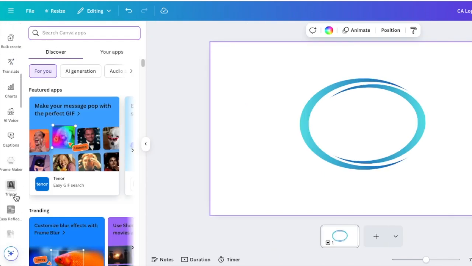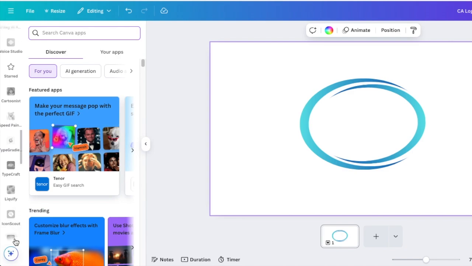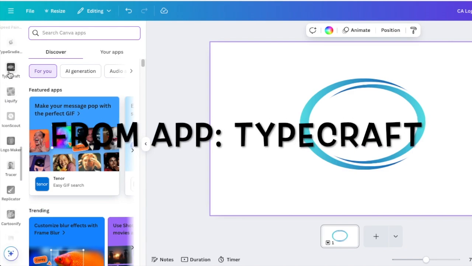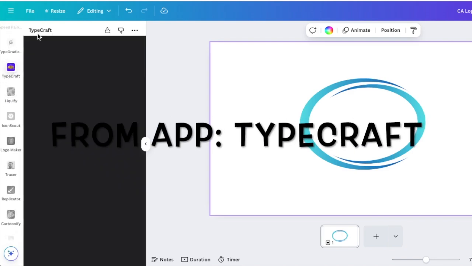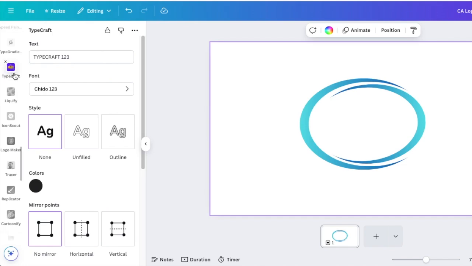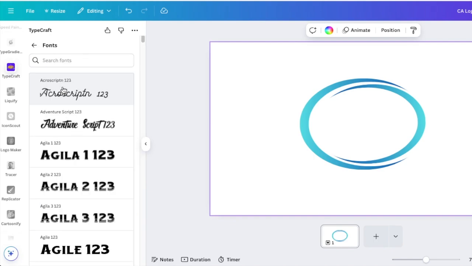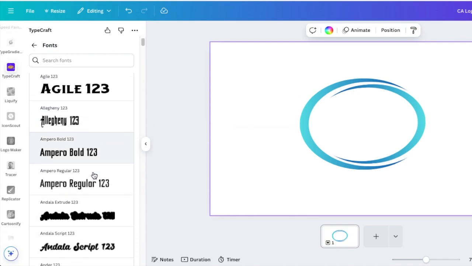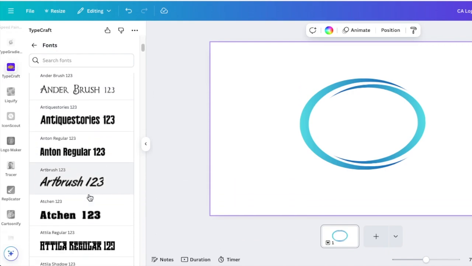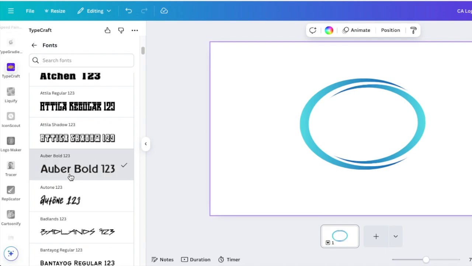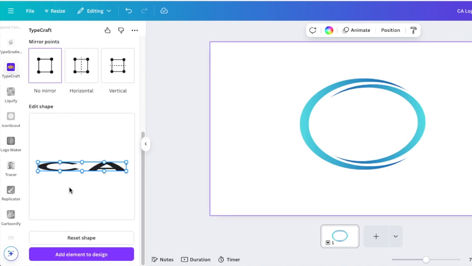You're going to scroll down to your tools and you're going to look for the typecraft. So type or search for typecraft, the purple one. Then you are able to type the characters or the letters that you want to use. I want to use CA, and then this is where we change the font. You can pick any font that speaks to you. I just like the Oba Bold, this one, and then you click back on the arrow to go back,